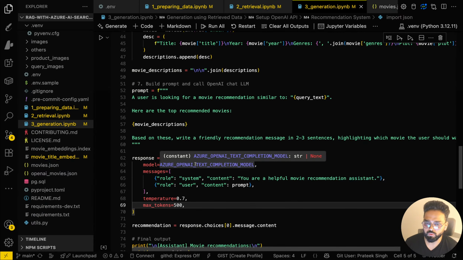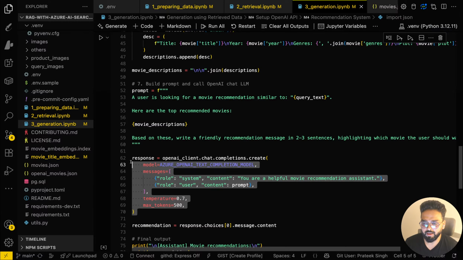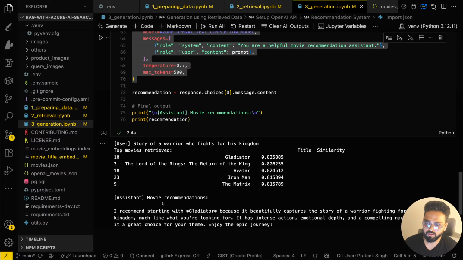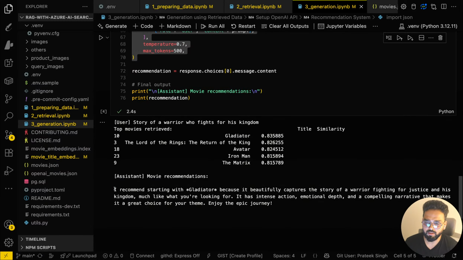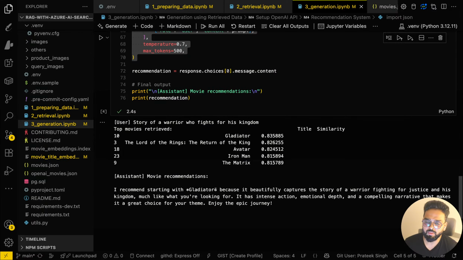So this goes to our, I think we used GPT-4.1 Nano for this generation, and this will complete my recommendation based on the movie description. So once the movie description is passed to this, it basically goes and recommends a movie. So the assistant says that I recommend starting with Gladiator because it beautifully captures the story of the warrior, blah blah blah, and yeah, so this is intense action, emotional depth, compelling narrative. So based on your movie and whatever the plot of the movie is, it can now basically generate an answer